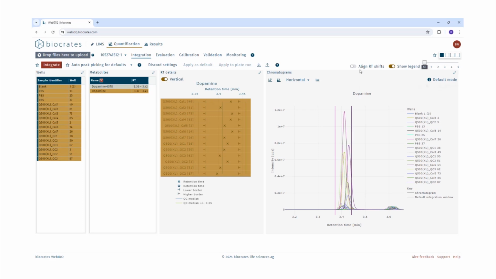Just by activating this toggle align RT shifts, we can see that all the peaks are now overlaying on top of one another. And during the peak alignment, the integration windows from the previous view, where we have seen the default integration windows, are appearing at different times. So in this case, the default window of one metabolite for each well is shown because of the shifts in the retention time. So the magic here is WebIDQ can overlay all the samples on top of one another, and